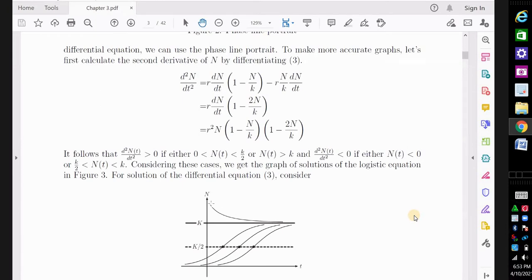ओके, सिमिलरली सॉल्यूशन ग्रेटर देन k, जो k से ऊपर जो सॉल्यूशन है, आप देखें जैसे जैसे t इंक्रीज करता जा रहा है इसका डिस्टेंस t एक्सिस से कम हो रहा है, ये नीचे को आ रहा है। तो ये k को अप्रोच कर रहे हैं। जो सॉल्यूशन लेस देन k हैं वो भी k को अप्रोच कर रहे हैं, जो सॉल्यूशन ग्रेटर देन k हैं वो भी k को अप्रोच कर रहे हैं। सो k इज इक्विलिब्रियम, जो इक्विलिब्रियम पॉइंट k है वो स्टेबल है, तो k इज स्टेबल इक्विलिब्रियम सॉल्यूशन। सो यू कैन सी